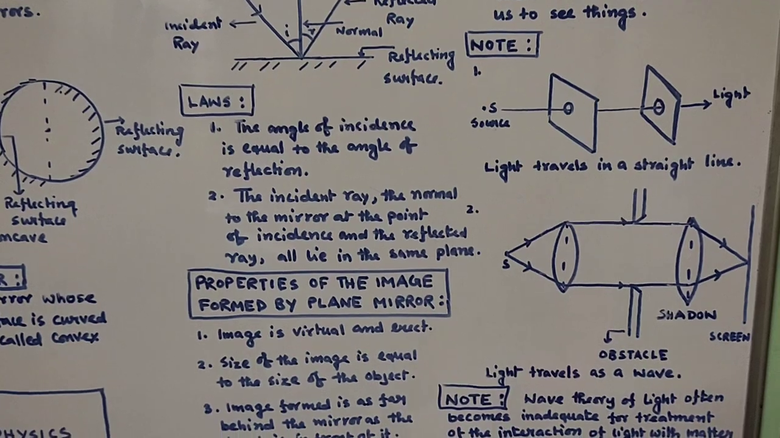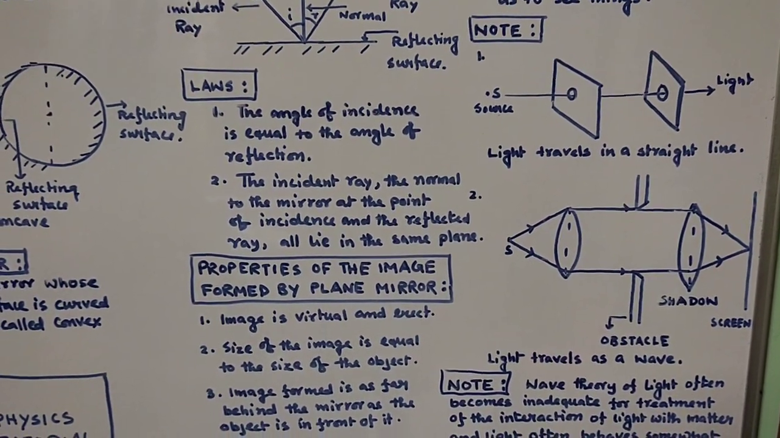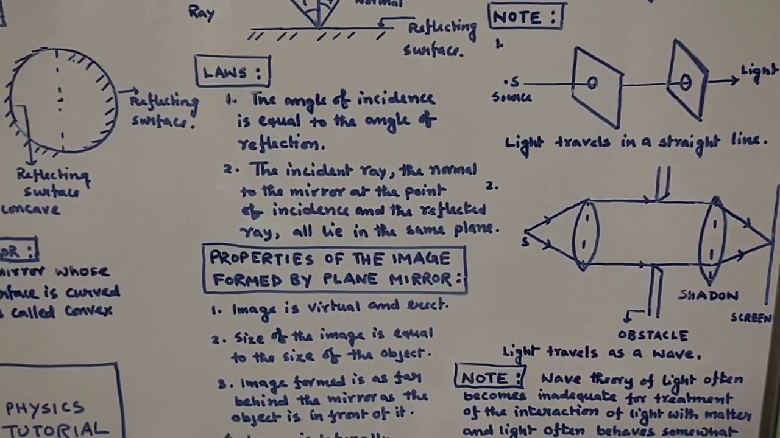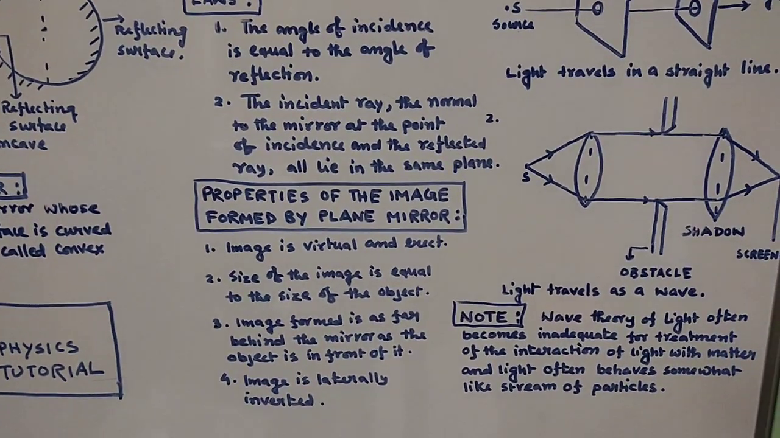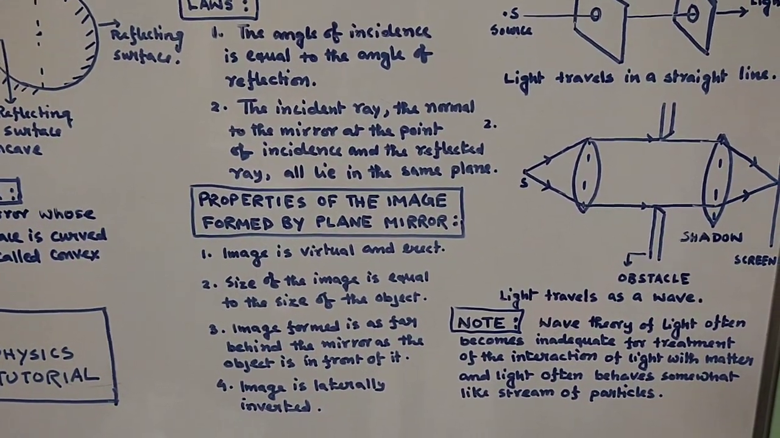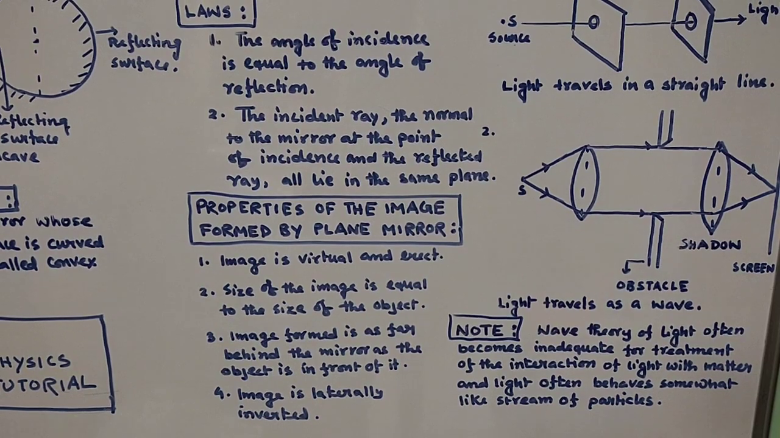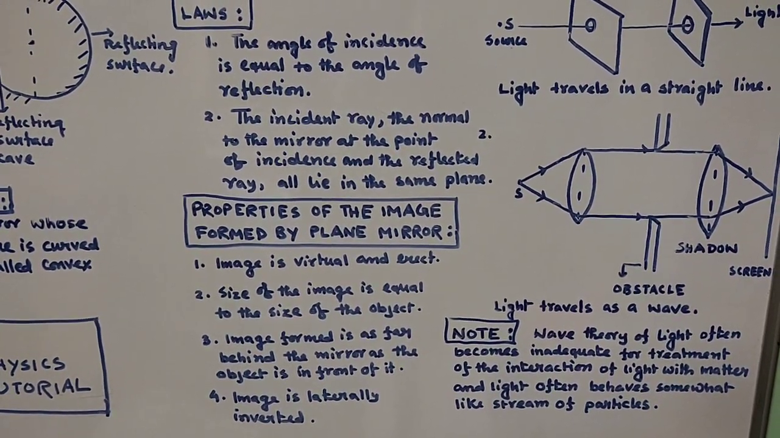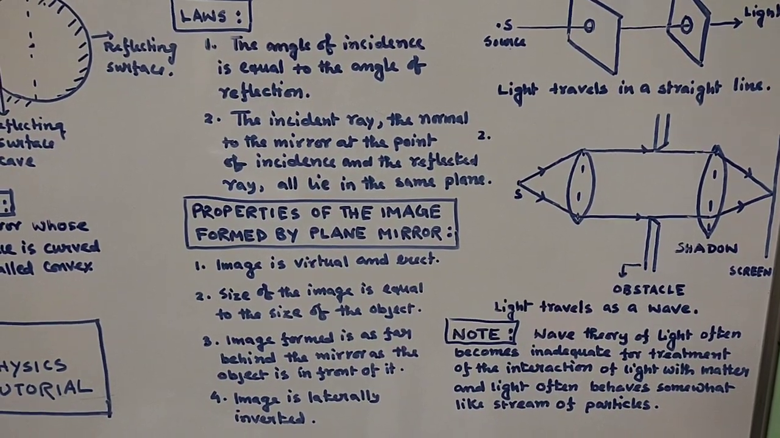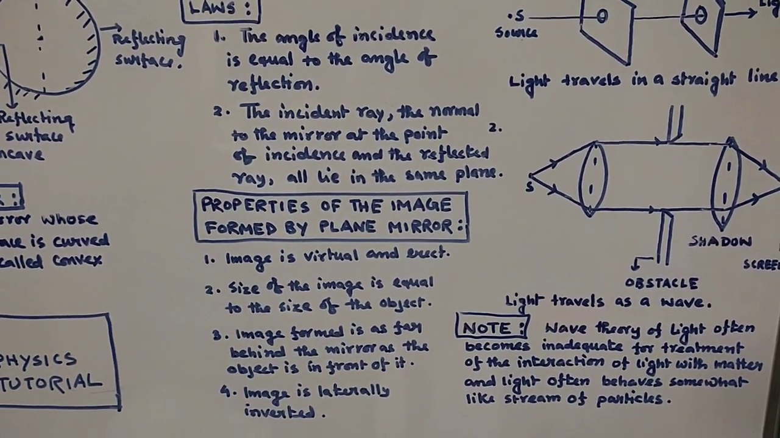Now the virtual part: you are not supposed to be able to focus the image on a screen. That is virtual. And the size of the image is equal to the size of the object. So whatever the size of the object in front of the mirror, the same size you will get in the image. The third point is that the image formed is as far behind the mirror as the object is in front of it. So image distance is equal to object distance,